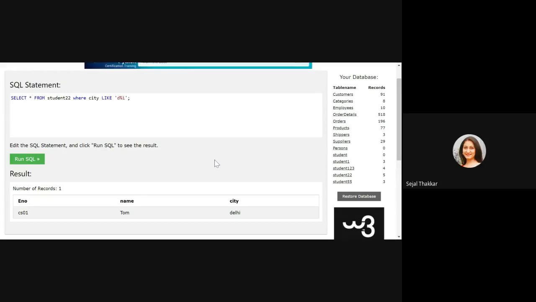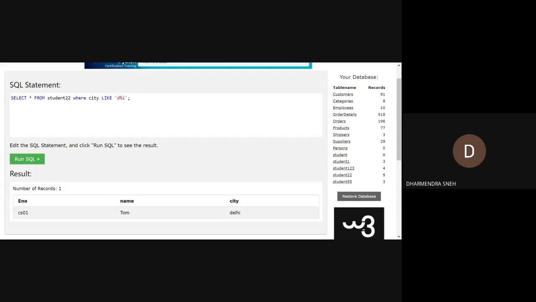No need to apply the AND operator. In between percentage you can use any character. First character is D, in between any character, and last character is I. No need of AND. If you want to use the OR operator, then either D or something else.